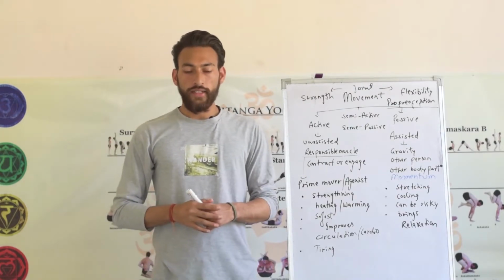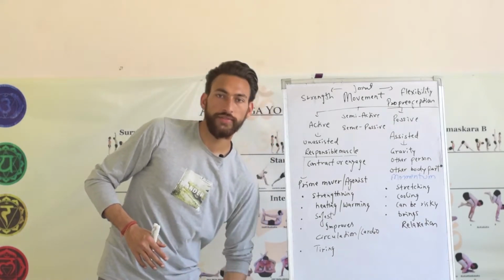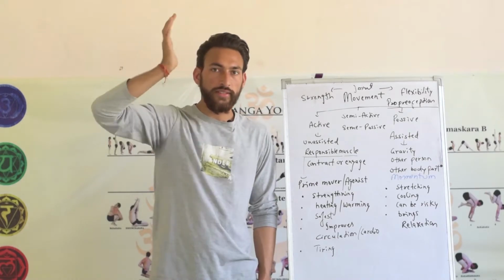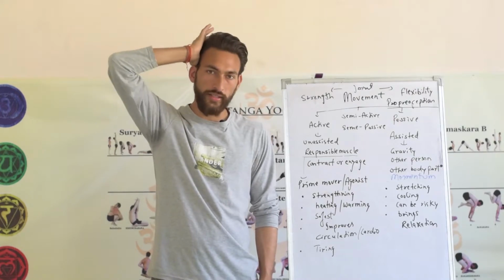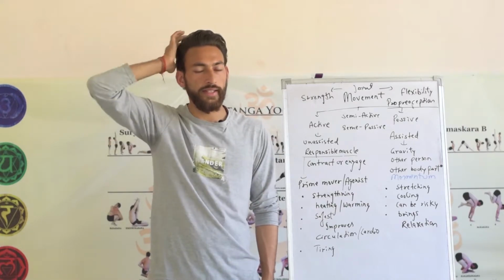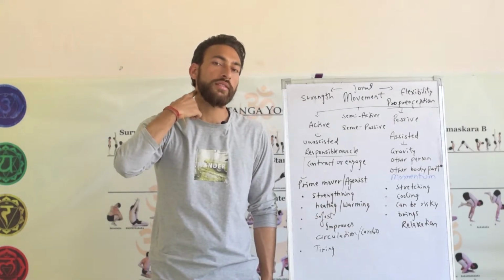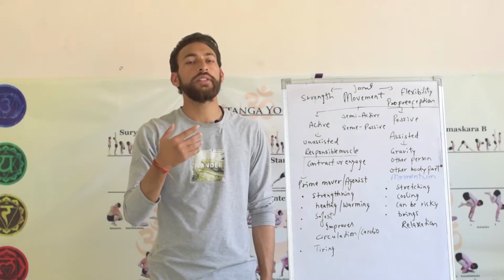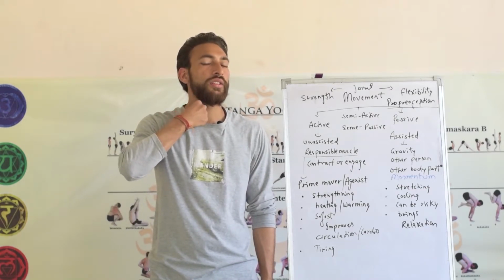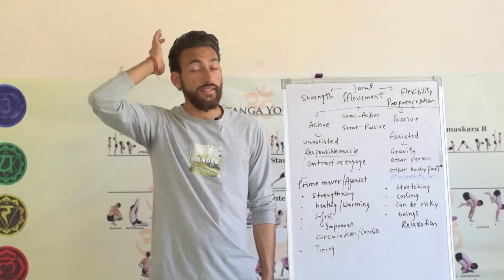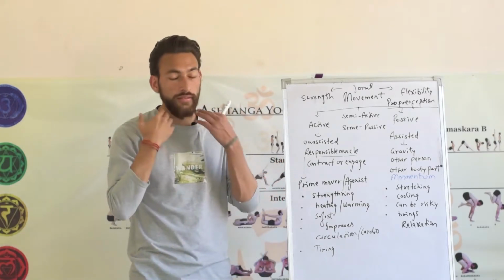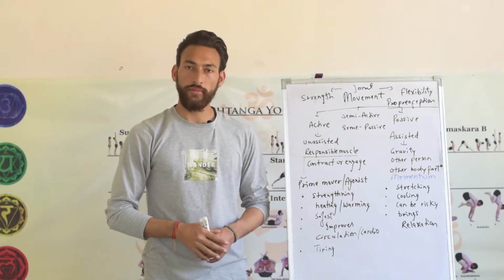Now you may be wondering, do I have to bend like this to make this movement active? Not really. What you can do is place your palm against your head and gently resist your head with the hand, and then try to push your head against the hand. Or sometimes we just hold this, we press the head and hand against each other, and what that does is it engages the muscle. And this exercise could really be helpful for people who have neck pain, do not want to move the neck too much, but still want to gain some strength in the muscles. So this can be a really good exercise, where they press their head against the hand so the muscle can get engaged, and it can help their neck feel a little stronger and give them a little more stability in the neck.